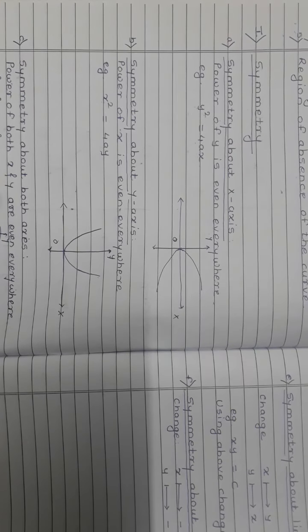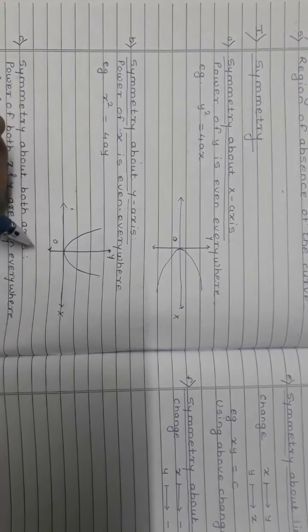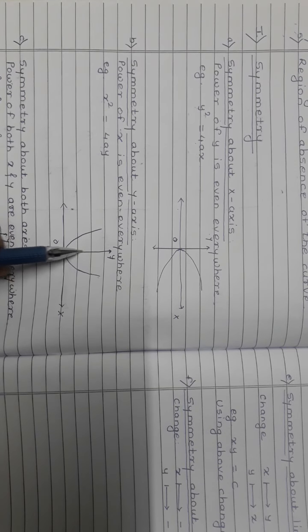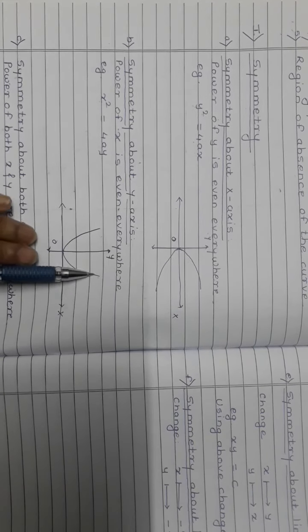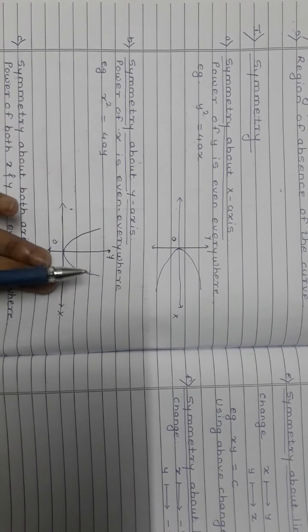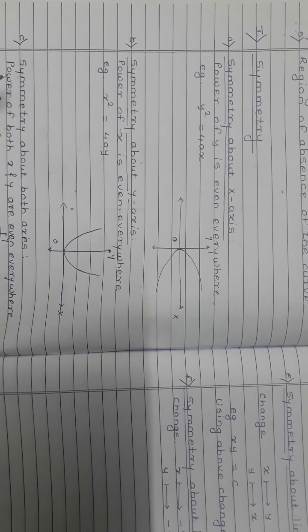By the way, what I mean by symmetric about the axis, that means, see the one part I am considering here on the right hand side, the same part appears on the left hand side. It's like an image, right?